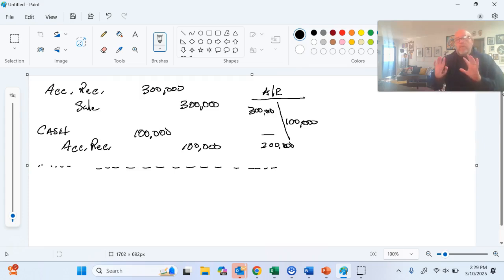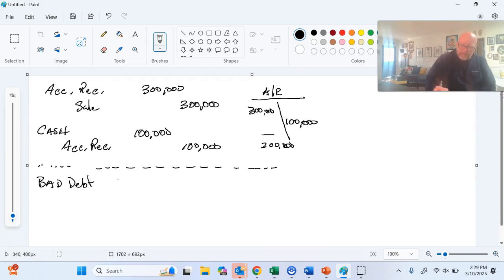Let me back up. Without worrying about how we're going to estimate the amount, let's just look at the structure of the journal entry. Let's just say that we employ this method. We do some analyses. I'll describe those in the next video. But we come to the conclusion that our bad debt expense in this particular period is $5,000. The journal entry to record bad debt expense using the allowance method would be